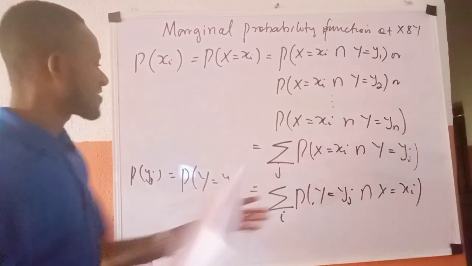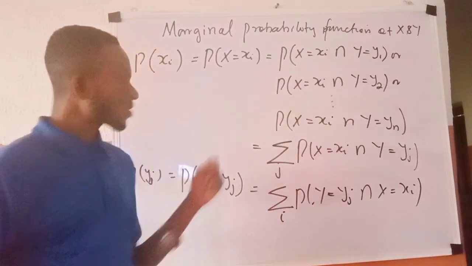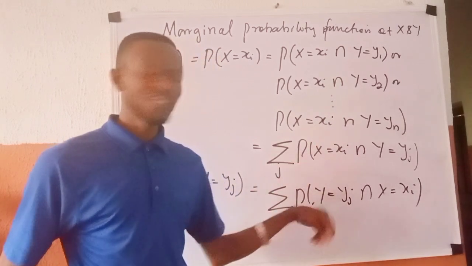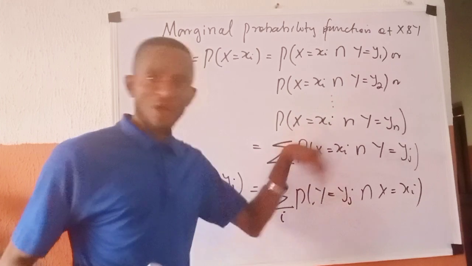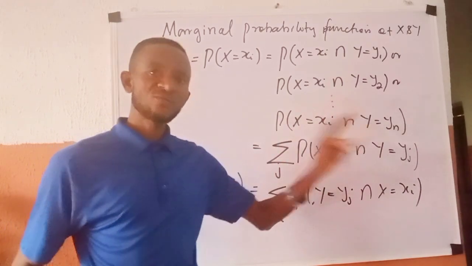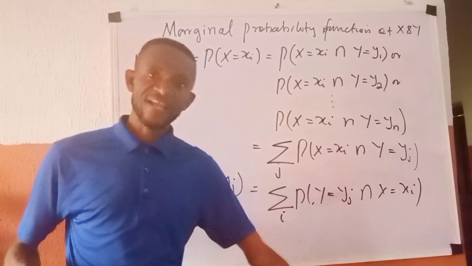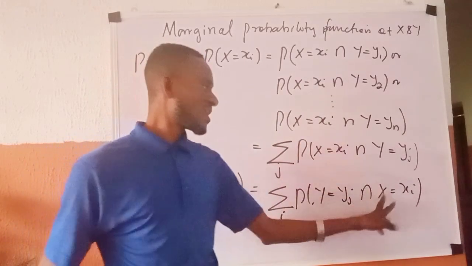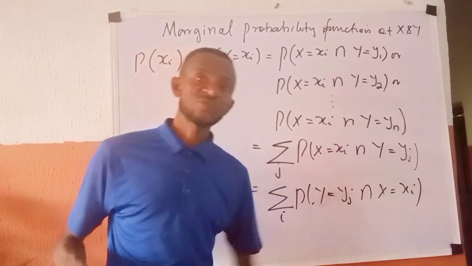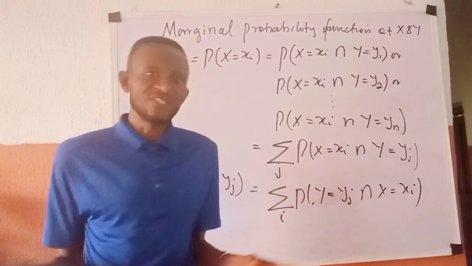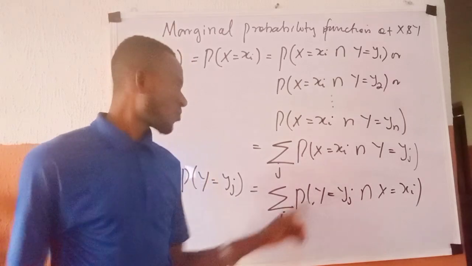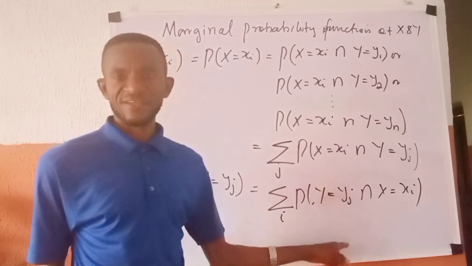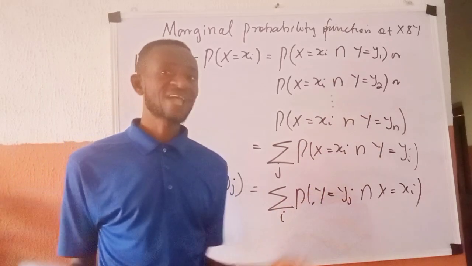So equally, what is meant here is that, assuming that y takes a value 1, we are now going to get the probability that y takes a value 1 alongside x taking a value 1, 2, 3 down to n. When y takes a value 2, we get its probability alongside x taking a value 1, 2, 3 down to n. Then we have different probabilities depending on whether y takes a value 1, 2, or 3. These are what we call the marginal probabilities